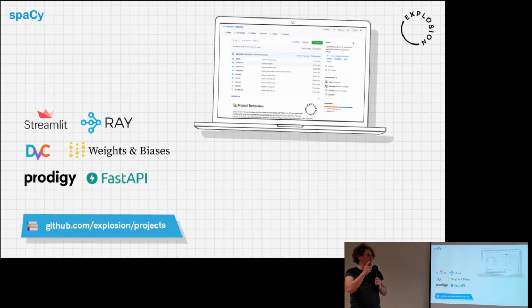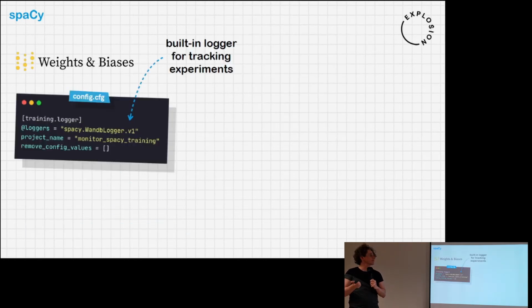So all of these things have good integrations already, and I think the project system will allow us to provide example projects for more and more integrations for other services and tools, so that we can help the spaCy community stitch together more individual pieces to build the projects that they need to do.